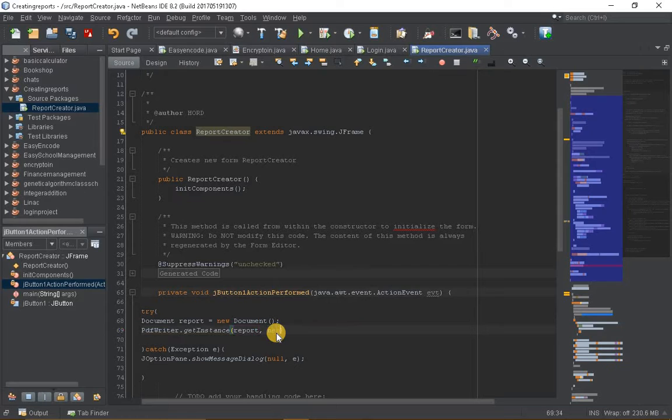So we'll say new FileOutputStream. Now this saves the document with the name you have chosen. So what name are we giving the document? Let's give it report.pdf. Now this saves a PDF document with the name report